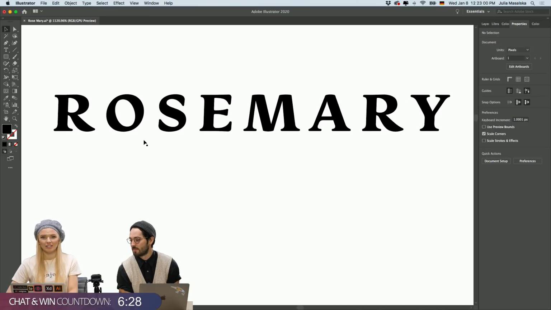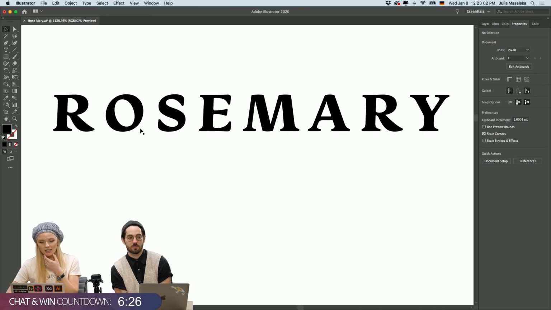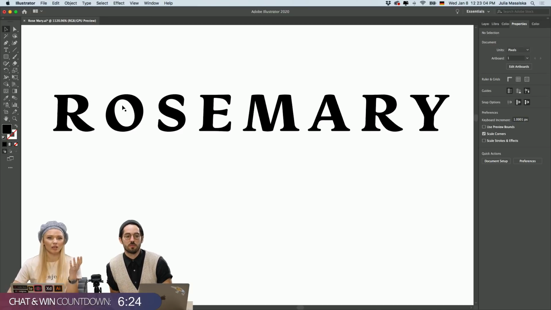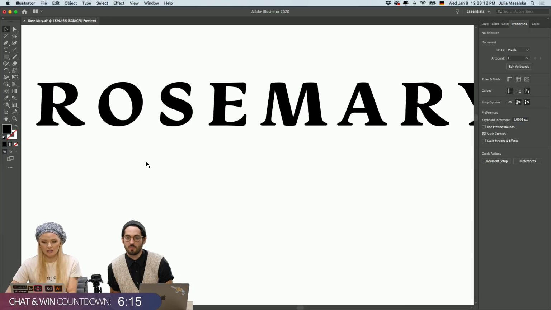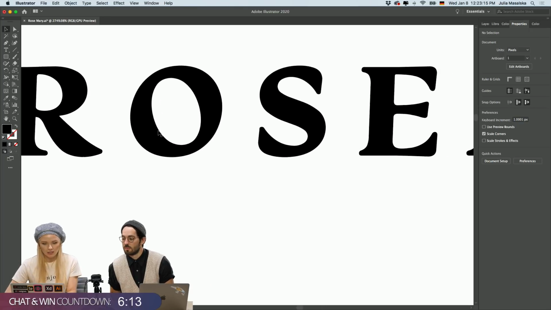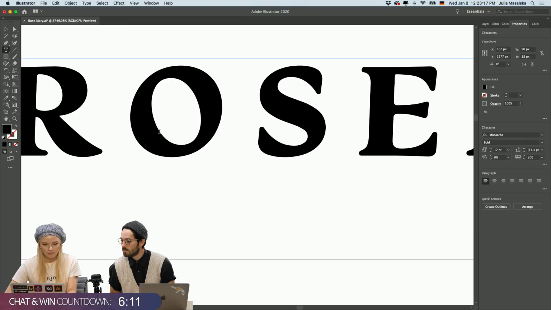Cool. What I was thinking is that we could really play with the O and make it some kind of rosy shape, so the logo is unique and the typeface is still very classic. I haven't de-outlined it yet.